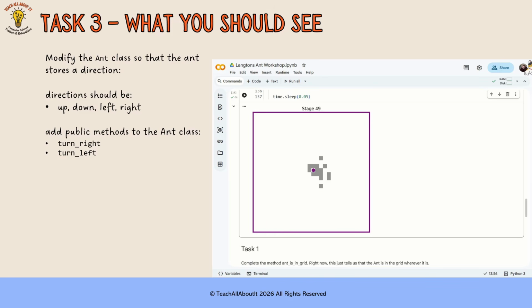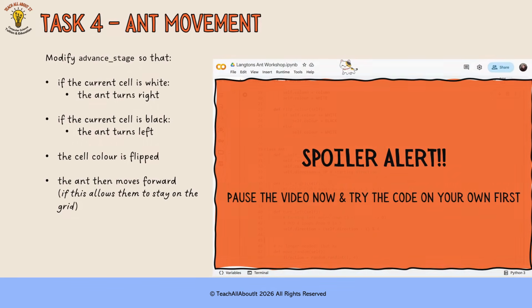So task 4 is the final task. Task 4 is our ant movement, and you've already set up all of the foundations for this, and now it's time to pull all of the classes together. So you are going to modify the advanced stage method, and something to bear in mind is that the order in which you do this is really important,